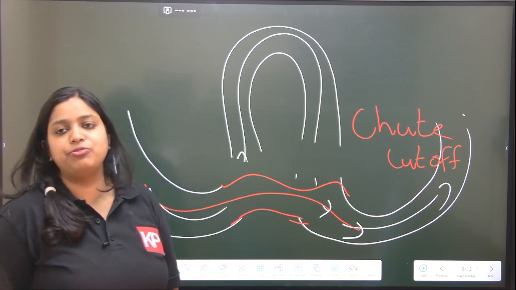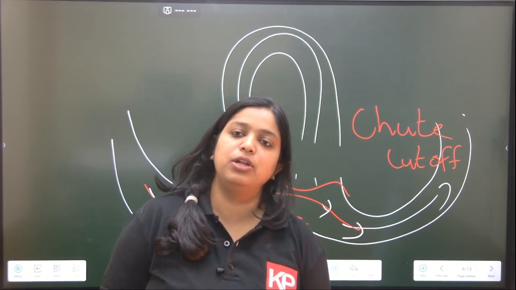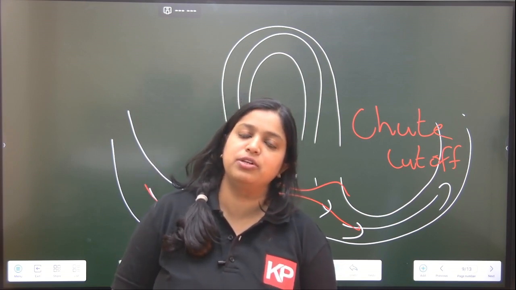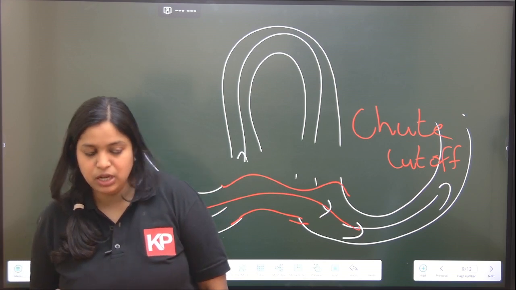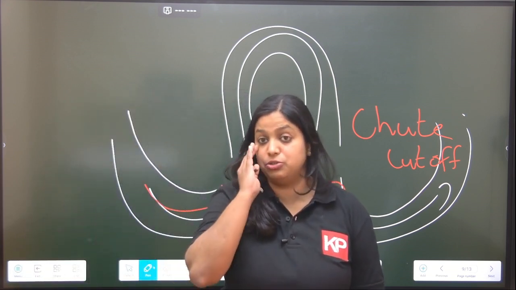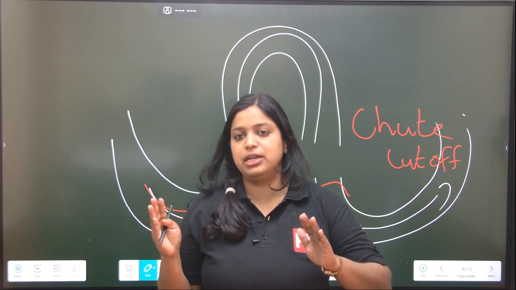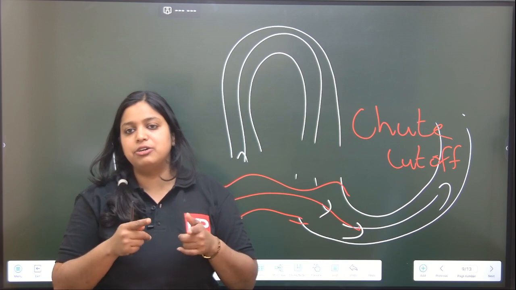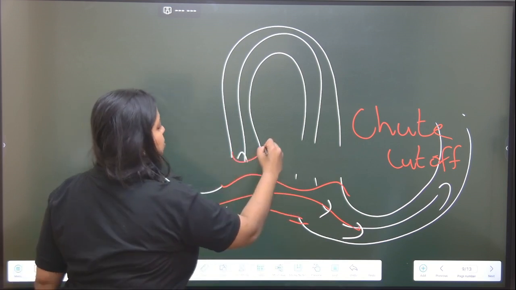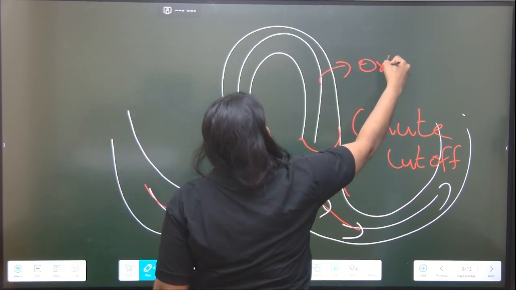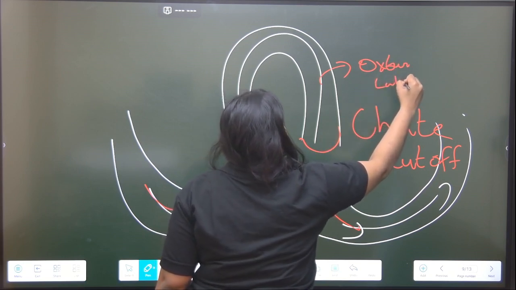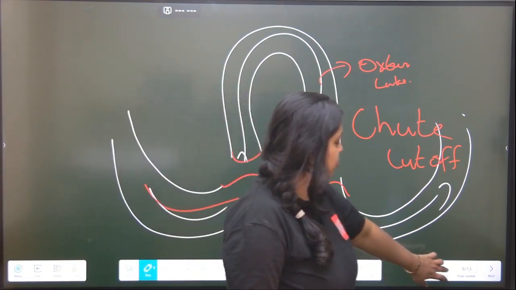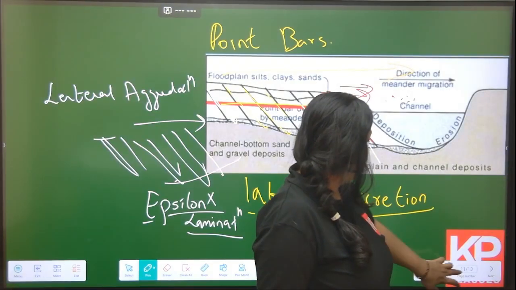Chute cutoff. So chute cutoffs can form during the flood water flow, like overflow situations is what causes chute cutoff. Neck cutoff is because of the further erosion, the concave side erosion and migration of the channel, which can cause two channels to combine together into a single river, that can cause the curved portion to leave away. Here chute cutoff can also cause formation of an oxbow lake. Okay, now other than these oxbow lakes, the next terminology is